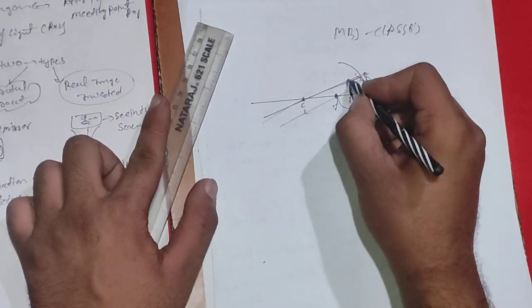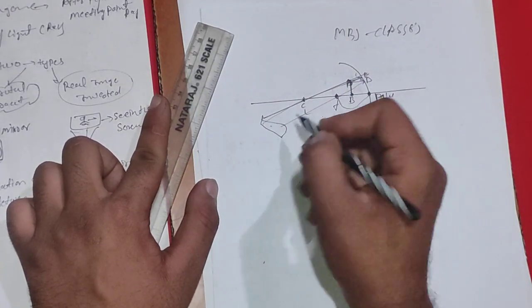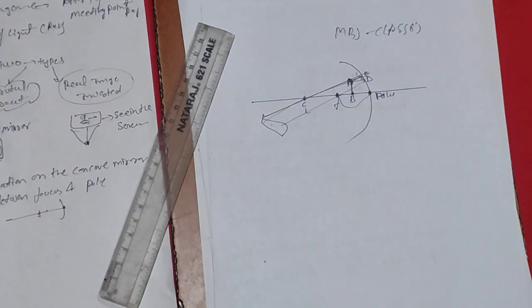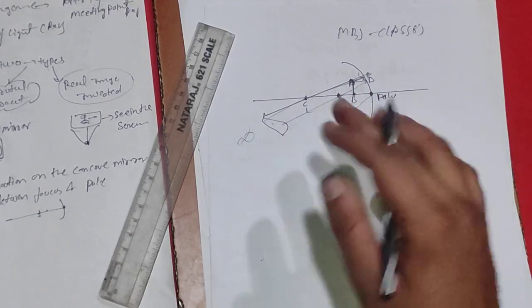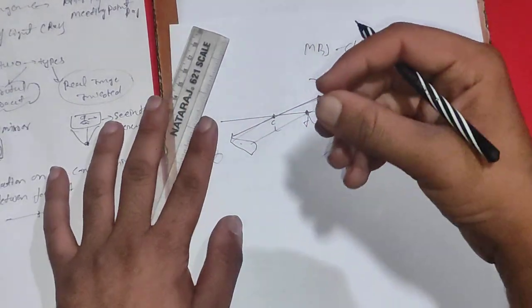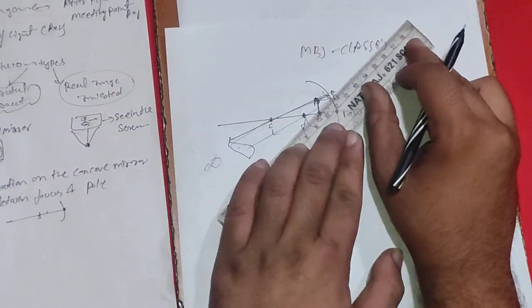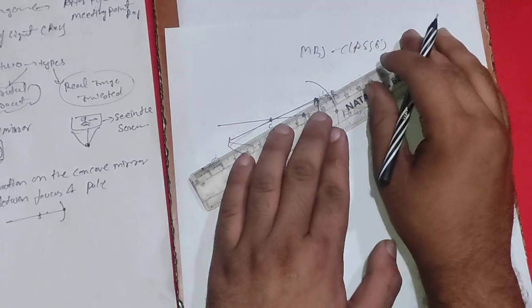Now we can see clearly, say this is I, that they don't meet because they diverge. If they diverge, at infinity they don't meet together, so we use the extended lines toward the back of the mirror. We can say that if we dot the lines through,